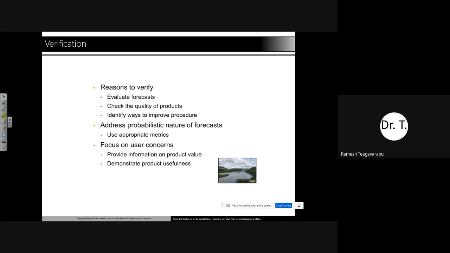So calibration and validation happen not in an operational mode. It happens at your desk, in your lab, or when you're working on your research. But verification happens when you make a forecast in an operational mode. When I do a forecast for tomorrow, and I have given the forecast, that forecast will be preserved, and then the day after we evaluate that forecast and verify how well we have done. So that's very important, because if we don't do that, we don't understand what is going on.